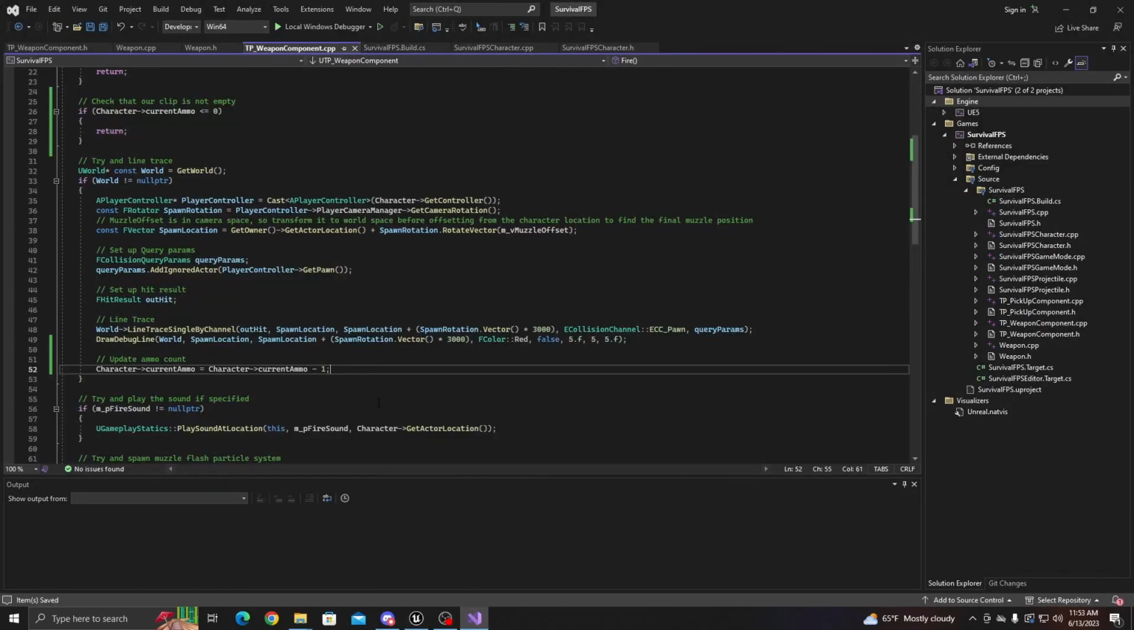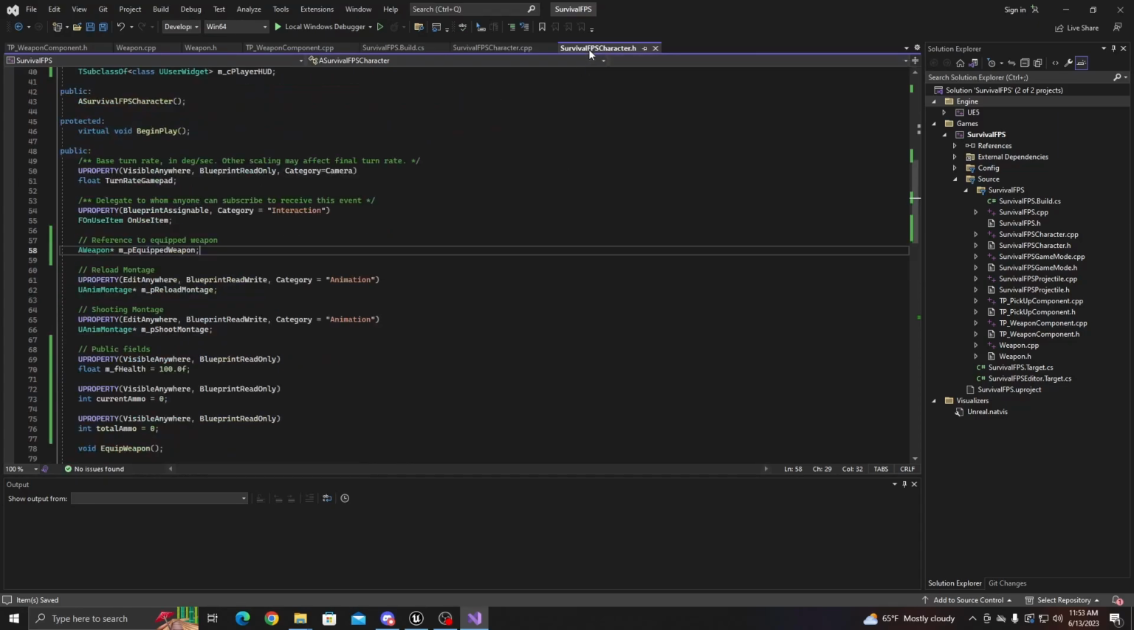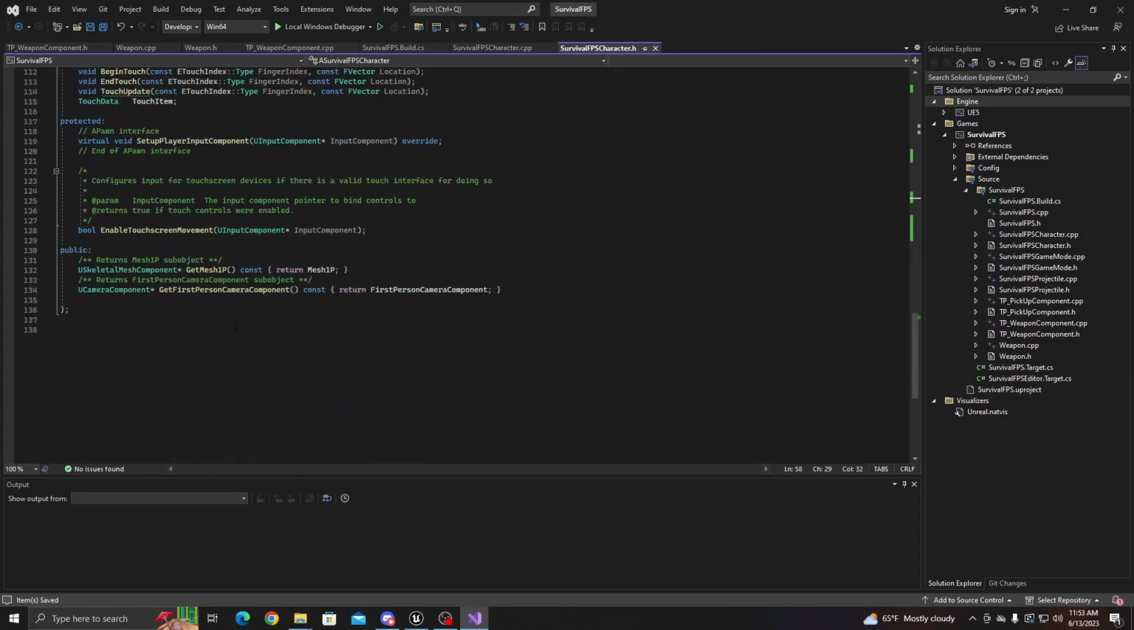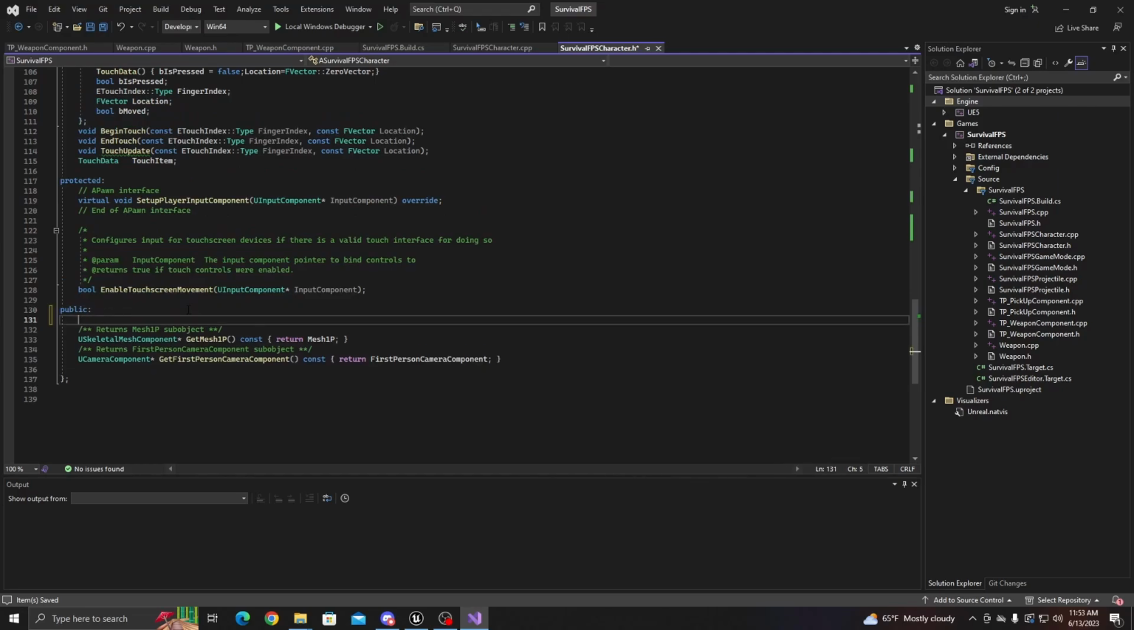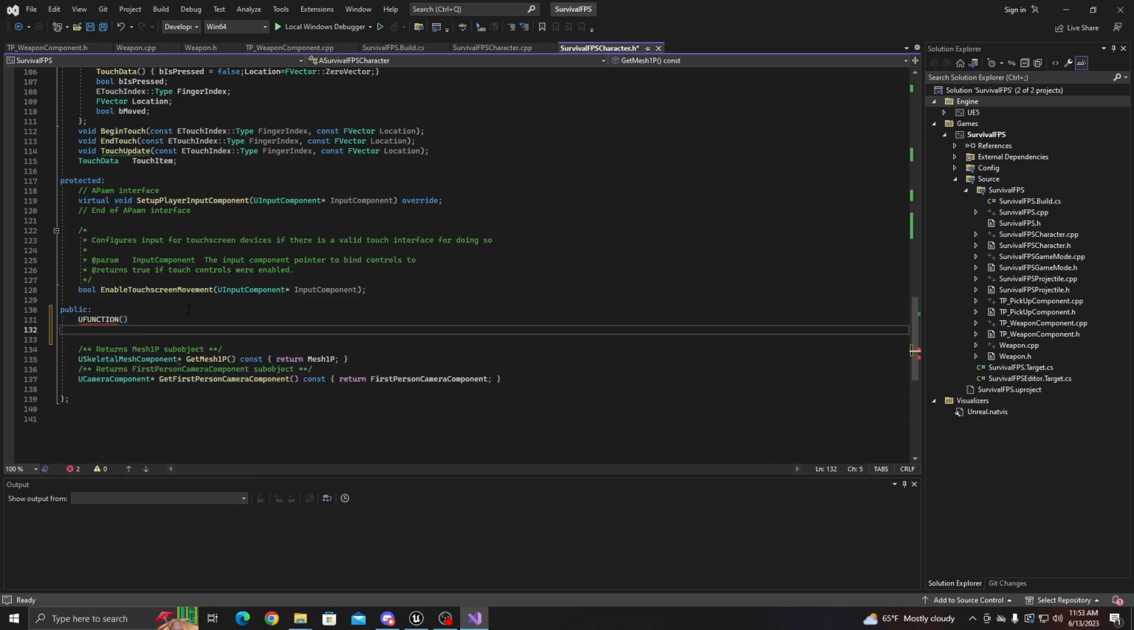Okay, so now that we have our ammo updating upon shooting, let's implement our reload logic. So upon reloading, at the moment, we just have it playing our montage. But we want it to update our count after the montage has ended. So how do we do that? Well, we're going to go back into our character header, and we're going to add a UFUNCTION, and this is going to be called void